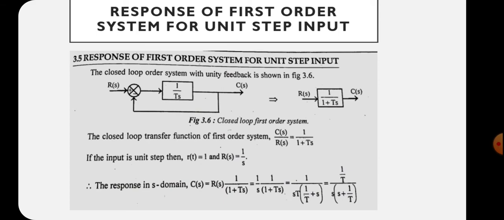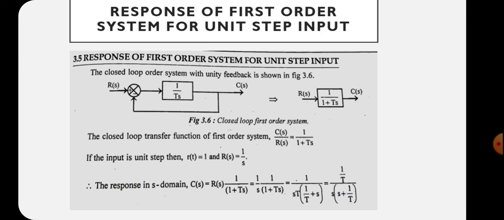So we can see that R of s is input and C of s is the output, and the closed loop transfer function of this first order system is given by output divided by input, that is C of s by R of s, that is equal to loop gain, that is 1 divided by 1 plus Ts. And here we want to find out the response when we are giving unit step as the input. So if the input is unit step,